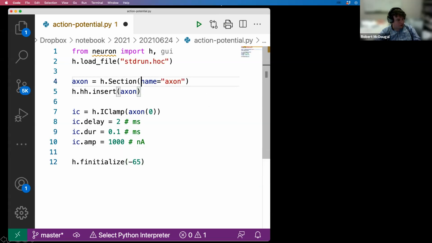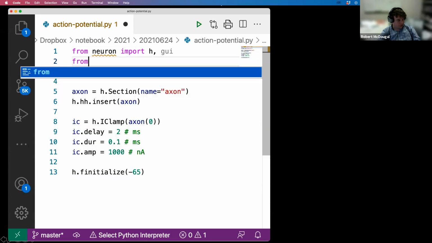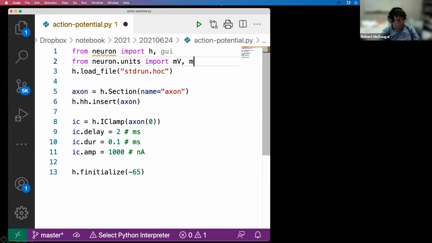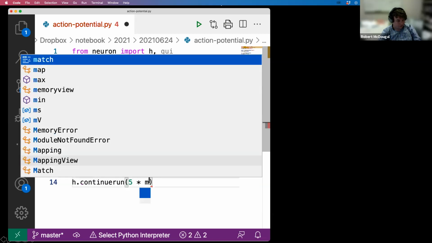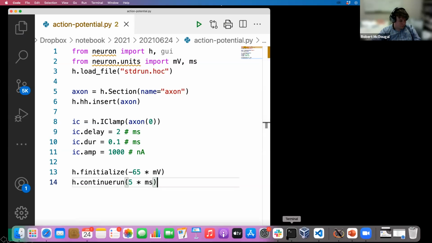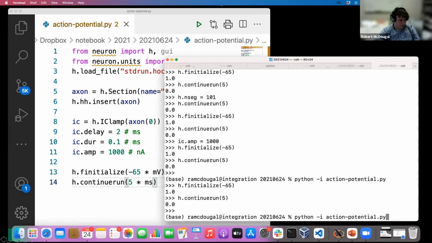And actually, I am going to use units because I do really like units. So from neuron.units, import millivolts and milliseconds, because I think it makes it a lot easier to read and a lot less mysterious. So I'm going to initialize my model to -65 millivolts, and I'm going to continue run this until 5 milliseconds. And if I do that, and I just run it,